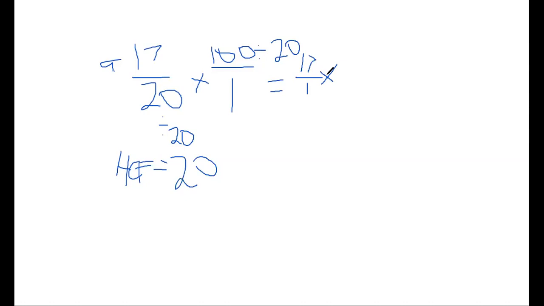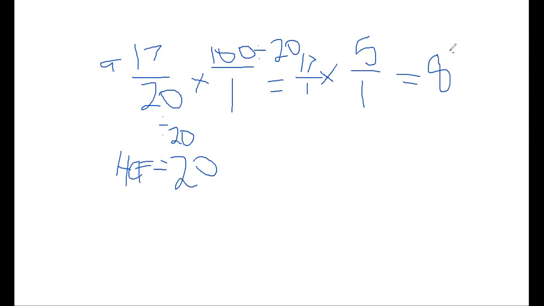Like 1000 divided by 1000 equals 1. A million divided by a million equals 1. 1 billion divided by 1 billion equals 1. In this case, 100 divided by 20 equals 5. You see, guys, we are not dealing with difficult numbers. And then 17 multiplied by 5 equals